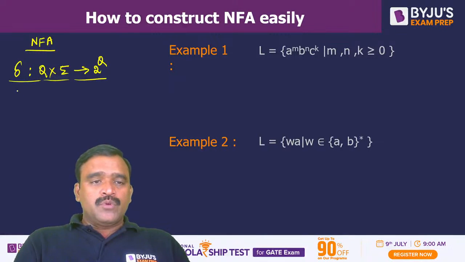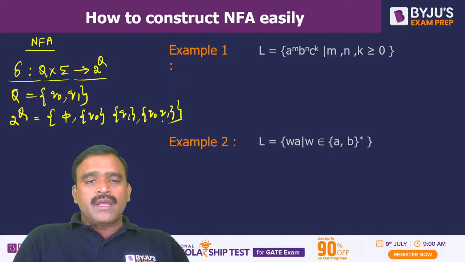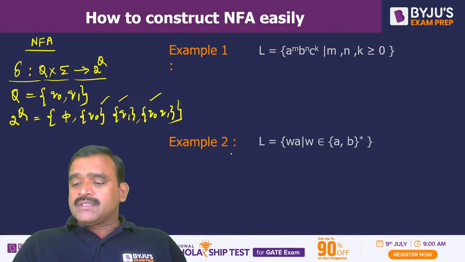Let us suppose Q is equal to {q0, q1}, for example. Then 2 power Q will have all possible subsets of the states. So 2 power Q is equal to the set of all subsets: phi is one subset, {q0} is one subset, {q1} is one subset, and {q0, q1} is one subset. That means a state and input can go to either no state, or a single state, or it may go to all the states. So that is the criteria. So making use of this,